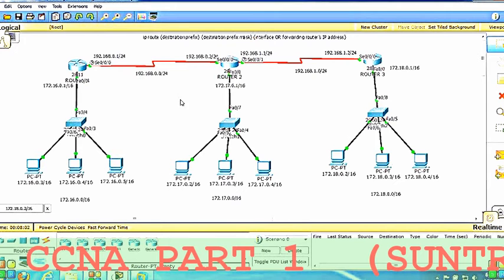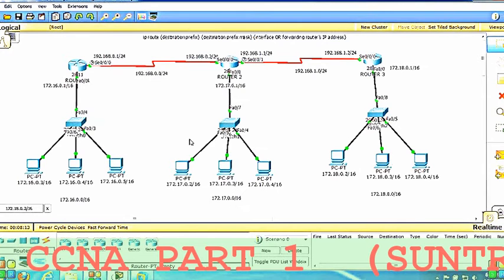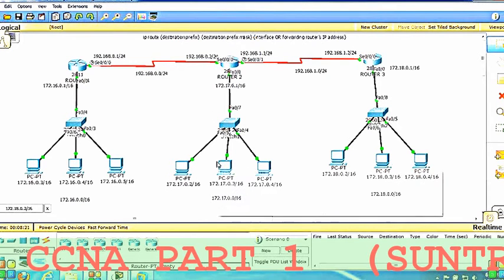Let's start with the static routing. Here is the syntax for how we configure a static route: the ip route command, destination prefix. Destination prefix means, let's say I am on router 1 and I want to communicate with the network 172.17.0.0. This is my destination prefix, and destination prefix mask means subnet mask, which would be 255.255.0.0. Then comes the interface or forwarding router's IP address.